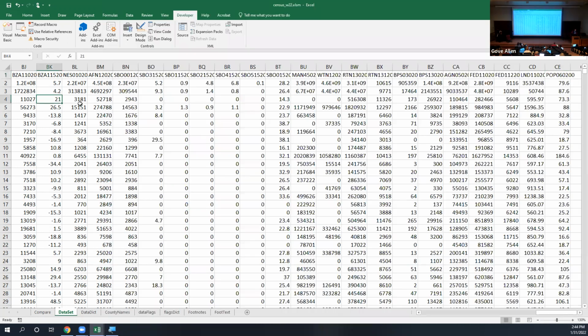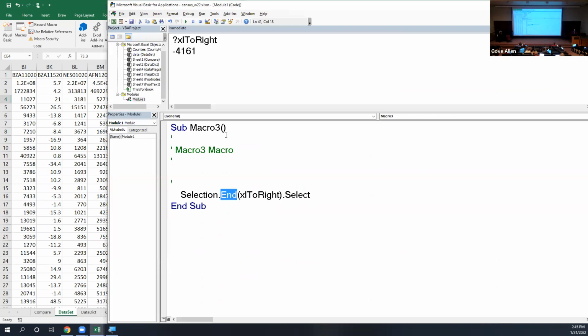But it turns out I can select that rightmost number based on the contiguous data with a 2 keystroke sequence, one finger at a time. I'm going to hit the end key, and then I'm going to hit the right arrow key. And that's going to do the same thing as a control right arrow. So end right arrow does the same thing as control right arrow. It's not hold the end and hit the right arrow, but 2 separate keystrokes. That's where the name of this comes from. So this is end, and then the direction is to the right, and we're selecting. Okay. So now